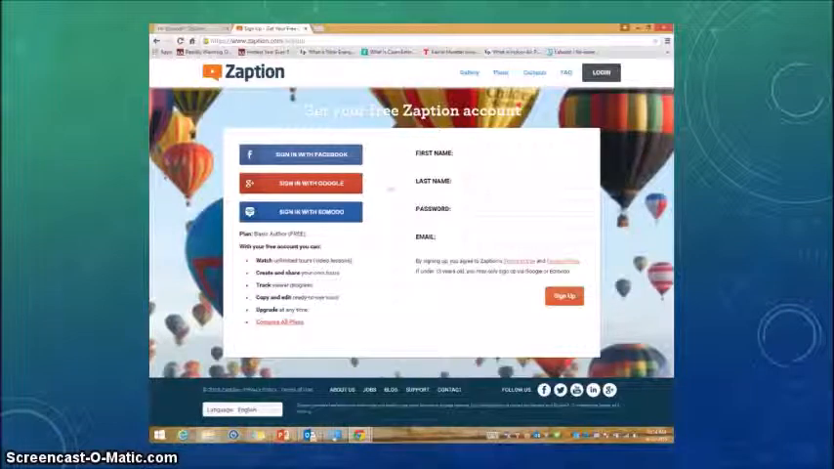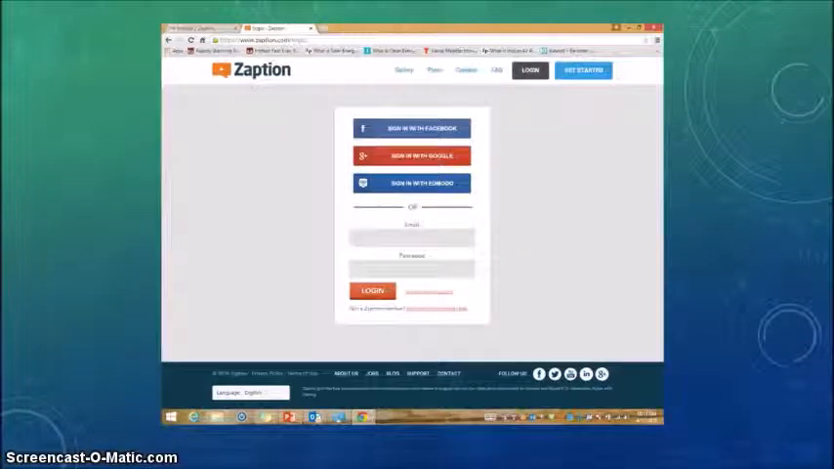To use Zaption, you'll click on the Get Started button or the Join Now button. You can then create a free account. It allows you to sign in with Facebook, Google, and Edmodo, or you can use your name, password, and email address. Once you sign up, you'll then sign in with your username and password, and Zaption will take you to